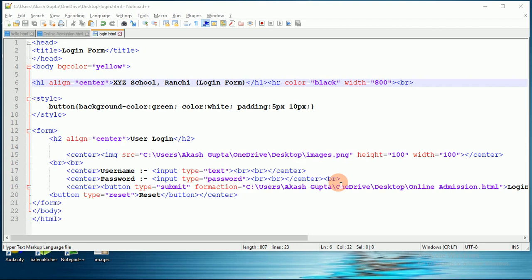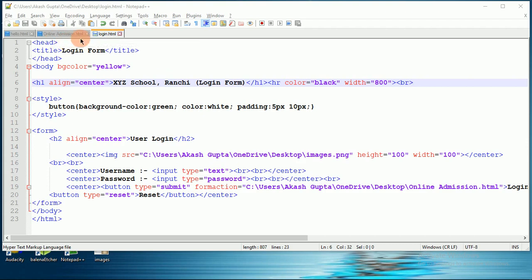That is, one is login.html, as you can see here. Another is onlineadmission.html. Okay, so login.html is a login page, where the user can enter their username and password and log in to this admission page.